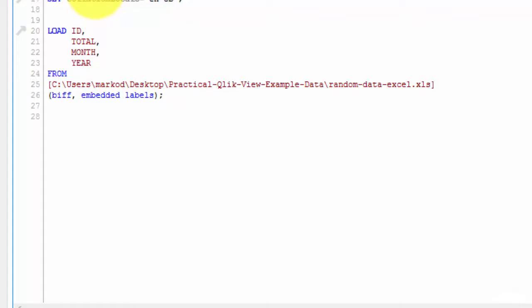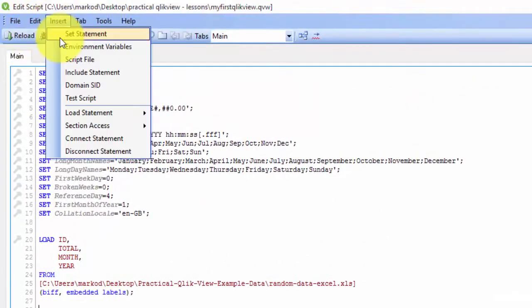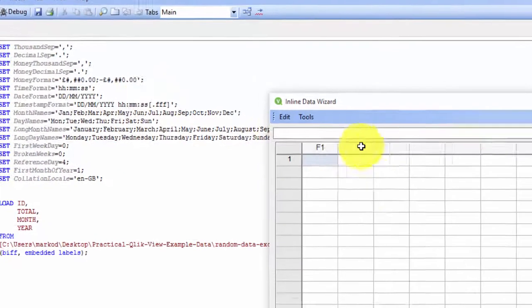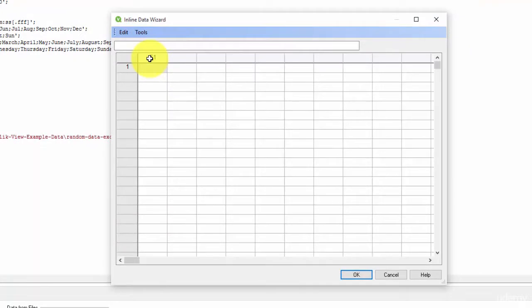These are called inline tables. So if you go to Insert, Load Statement, and then Load Inline, it gives us a table so we can create field names. So for example, num and month. We can give num 1, num 2, month of Jan and Feb. And if you click OK,